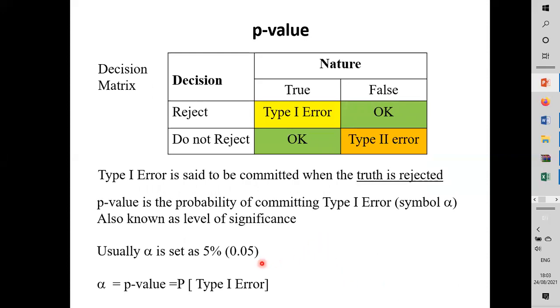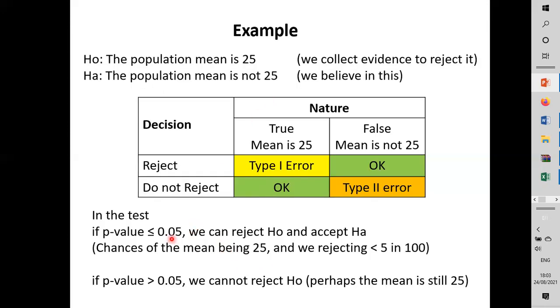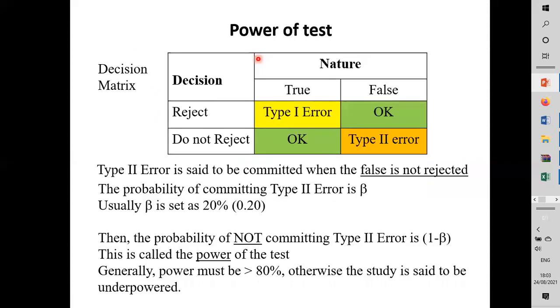So that's what we are talking about here. P-value, type 1 error, we set as 5%. Anything less than 5%, most likely it's not true, rejected. More than 5%, perhaps true, maintain it. So that's what you're going to do. Power of the test. You already talked about type 1 error, which must be less than 5%. Type 2 error, by general consensus, must be less than 20%. Beta is the symbol for type 2 error. Beta is set at 20%, alpha set at 5%.